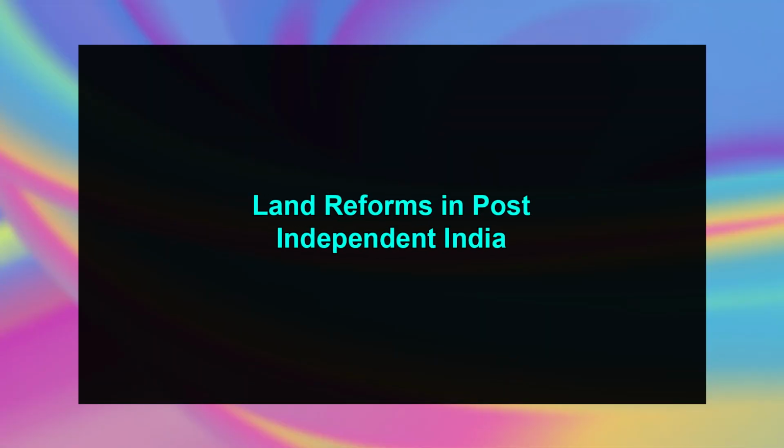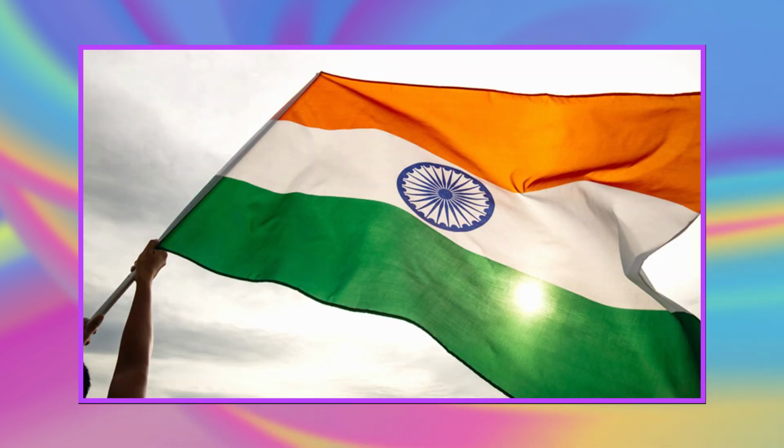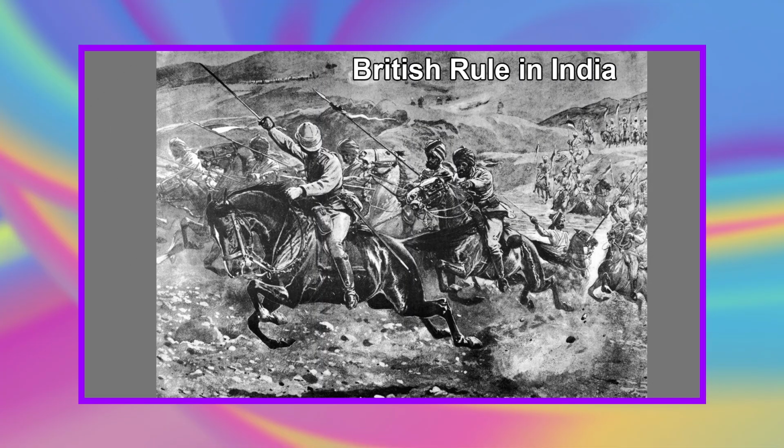Now, my dear students, let's discuss the land reforms in post-independent India. India is predominantly an agrarian society, an unwavering status that has been there ever since eternity. At that juncture of time, that is post-independence, the agricultural production was marred by multiple factors like the old and exploitative land and revenue legislations that were very beneficial for the sustenance of British rule in India, and also